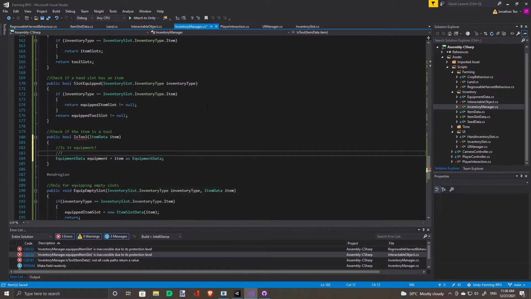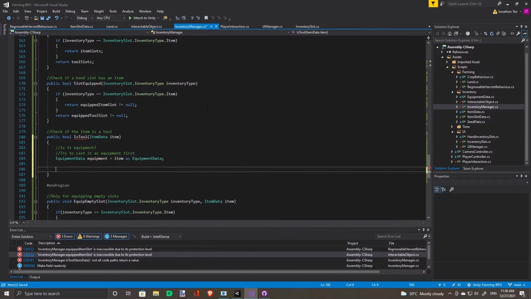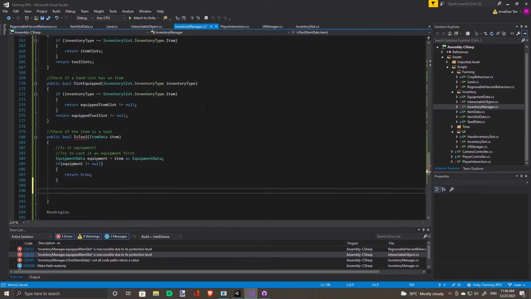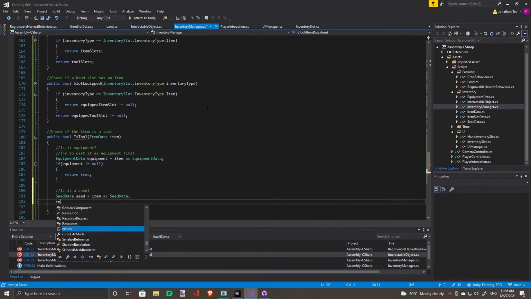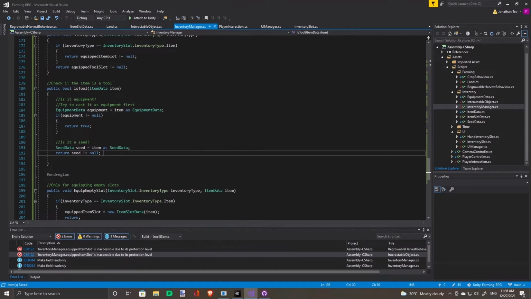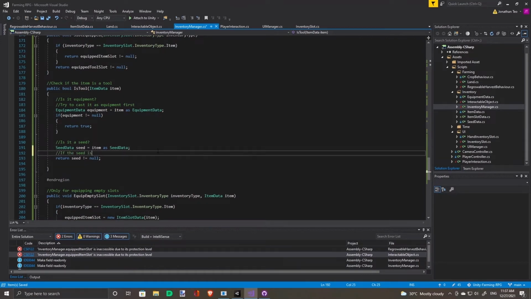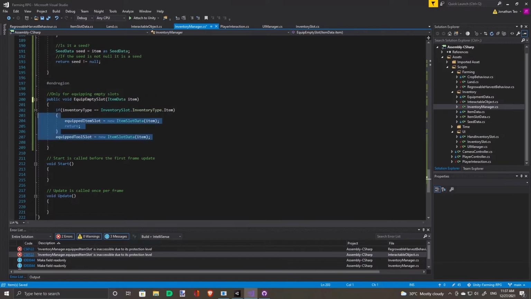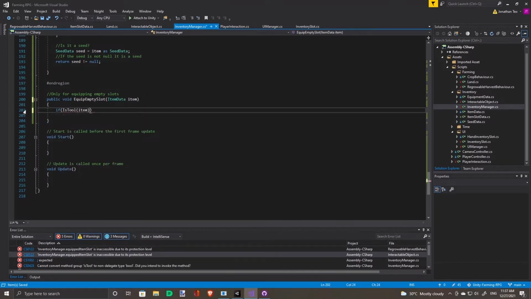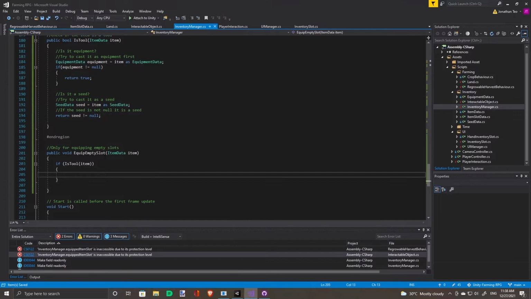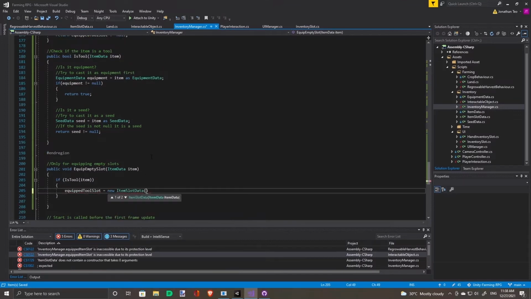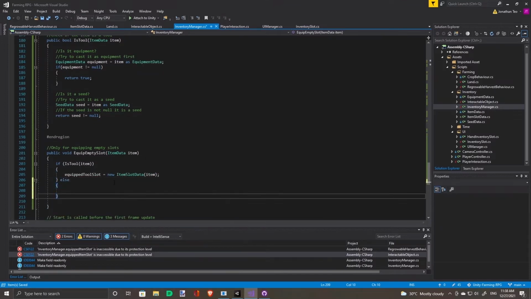So basically, if you can cast it as equipment data or seed data, it's going to be true. Instead of using the inventory type parameter, we'll just apply the isTool function on the item and apply the changes accordingly.